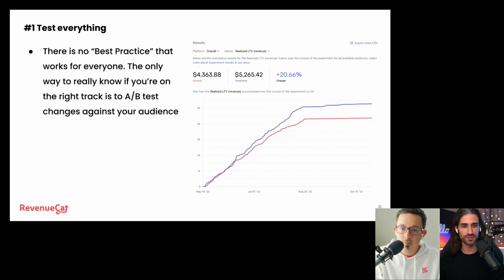Yeah, and personally, like you said, the paywall is this very special part of your app. I like to think of it as the salesperson of your app. Consider your own experiences: you deal with several salespeople in your life, the one trying to sell you a house, a car, and you always find that some of the sales experiences worked better with you than others. It's the same idea for your users. You want to sell to them in a specific way, and you don't sell the same way on a well-being app as on a learning app, or a utility app that you use for your business. They're very different experiences, and the same things will not click in the same way.